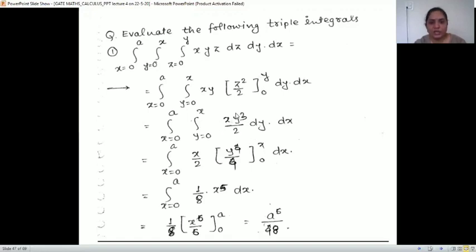Okay, we are here, and now we have to take the integration with respect to y, as these are limits of y. So taking the integration, y raised to 4 by 4, this is as it is, applying upper and lower limits, that is x and 0, so we are getting this. And lastly, applying 0 to a, we get x raised to 6 by 6, 1 by 8 as it is outside, and 0 to a, this will be your answer.